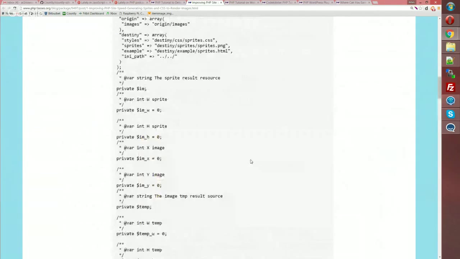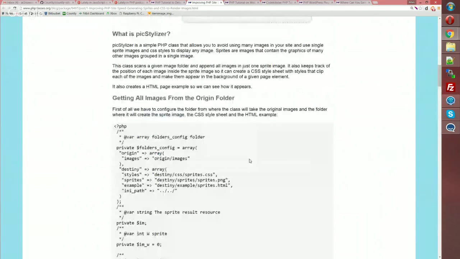So this class is interesting because it generates the sprites. I'm not sure if it also generates the HTML to show the actual images taken from sprites. It was mentioned in the article that there is also an example HTML file. Yeah, but does it? I don't remember, which is odd, but I've seen so many classes that I approved some time ago. I'm not sure already, but you need to alter a bit the HTML